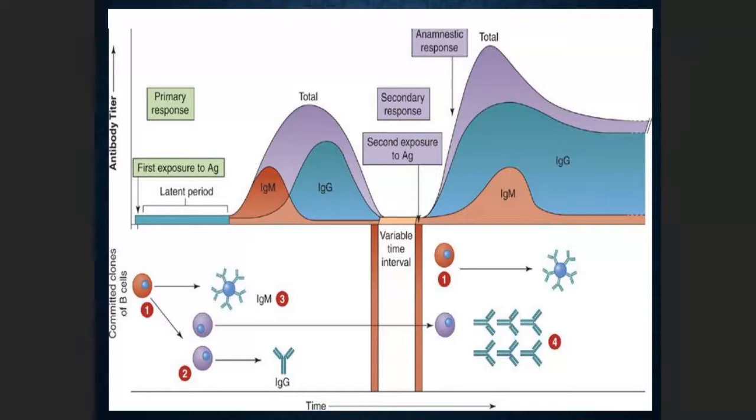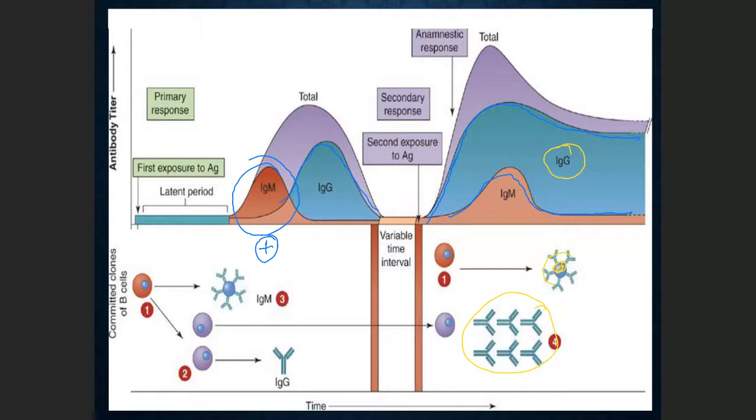Okay, again, this is the first response. The IgM will be increased first. This is when we have the positive indication, and then the IgG will be produced later. And then in the second response, the IgG will keep steadily produced. IgM actually will be reduced in production because they are not needed anymore. Mostly the IgG is the one that will fight these viruses. This IgG over here is the one that will fight against the viruses.